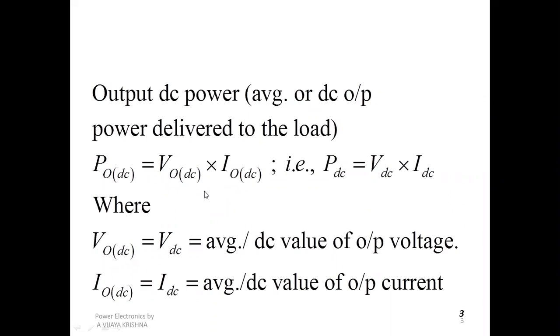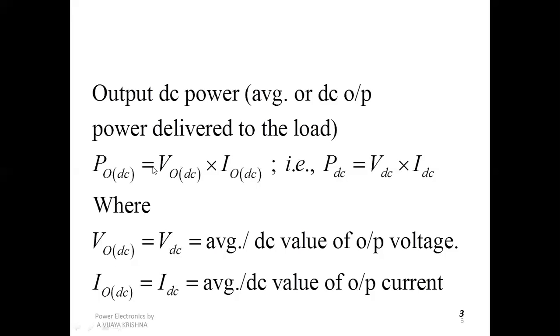And the output frequency is 50 cycles per second. One cycle consists of a positive half cycle and also a negative half cycle. Like that, 50 cycles per second, and we get 50 positive half cycles. Therefore, for one half cycle we consider this much voltage, but we consider the average value, the total average output, because we calculated over the interval alpha to pi. That's why the average output voltage is Vm by 2 pi of (1 plus cos alpha).